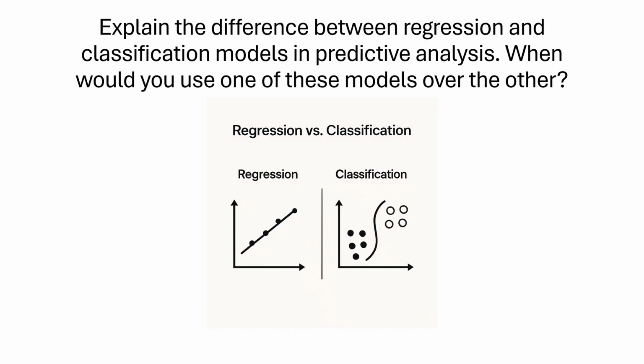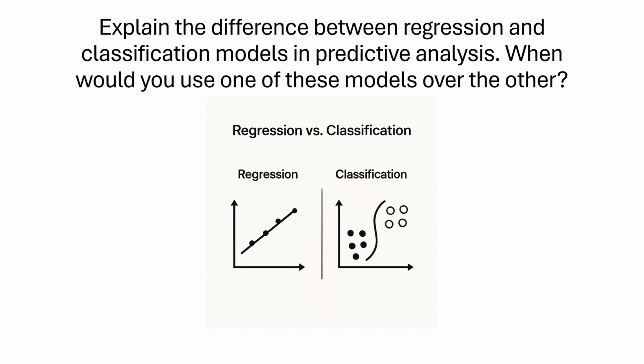5. What's the difference between regression and classification models, and when should you use each? Regression and classification are both predictive modeling techniques, but they serve different purposes. Regression models predict continuous values, like income, price, or temperature. You'd use regression when your target variable is a number, and common models include linear regression or ARIMA for time-based